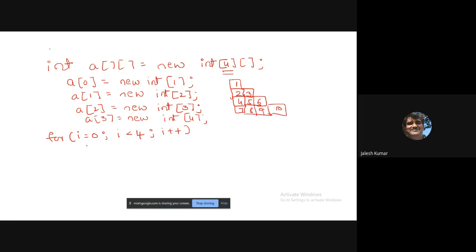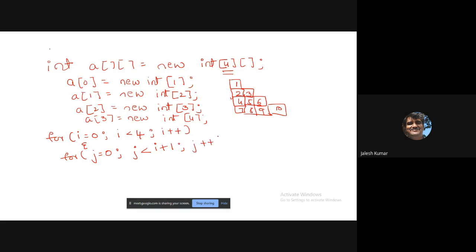Now you write the for loop, and after that j. How to trace j? The j value depends on this. First, when i is equal to 0, how many cells? So j should be i plus 1.